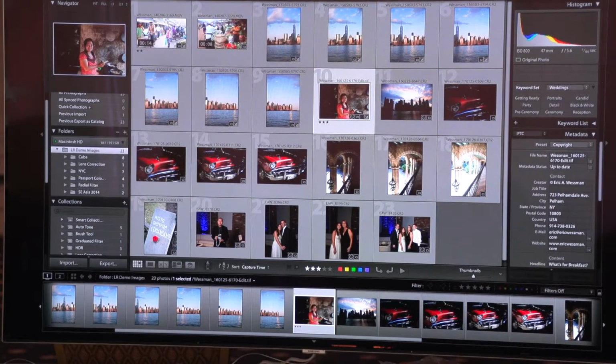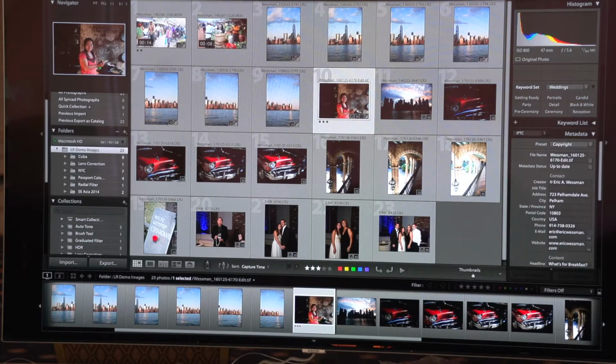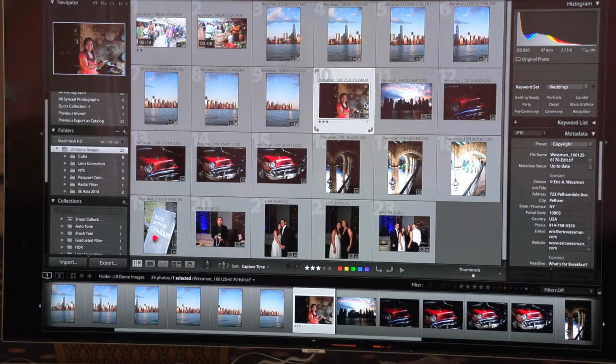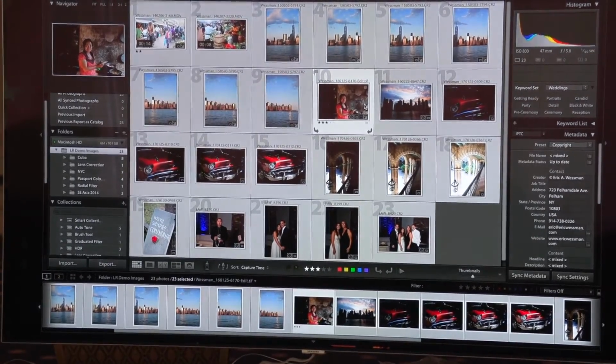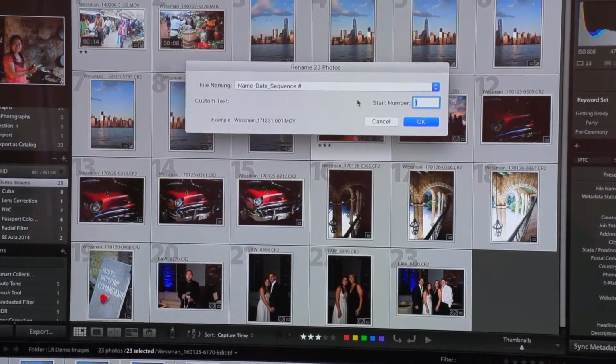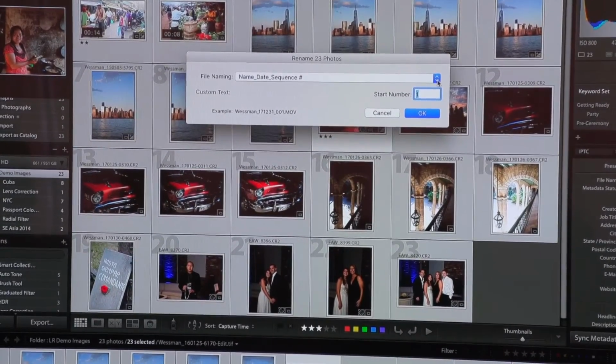So I'll just tell you, basically my workflow with a wedding is to go through the entire job, mark for deletion what I want deleted, then delete those, and then with my remaining images, select all of them and rename to a sequence. So if I do F2, actually let me do Command A to select all of them. And then F2 is the shortcut. What I would typically do at the end of a wedding is,